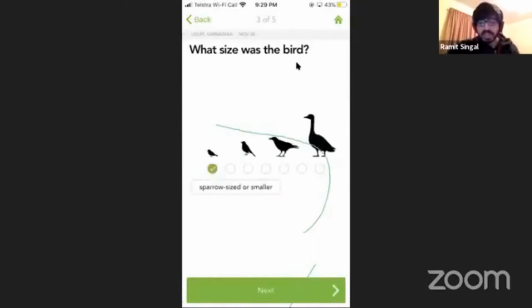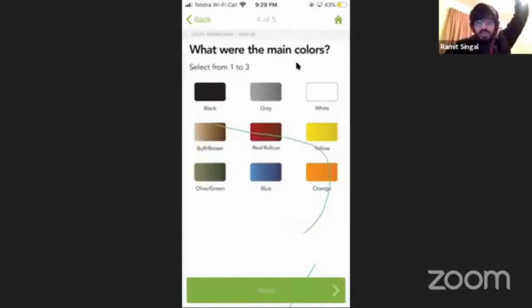The bird was really tiny, right? I saw a little wobbler in the trees. It was really tiny. What I noticed was that it was green. So I'll click green. I noticed it had whitish wing bars, but I wasn't very sure. So even with this minimum kind of